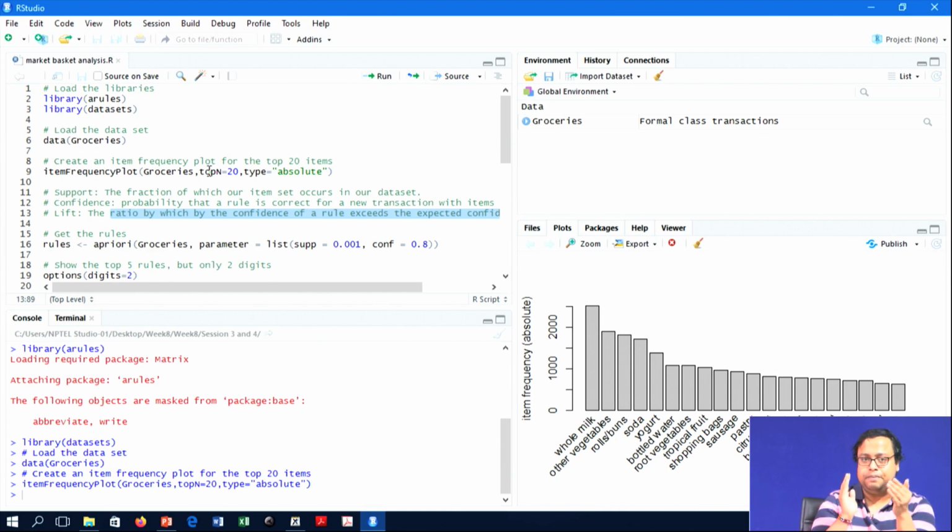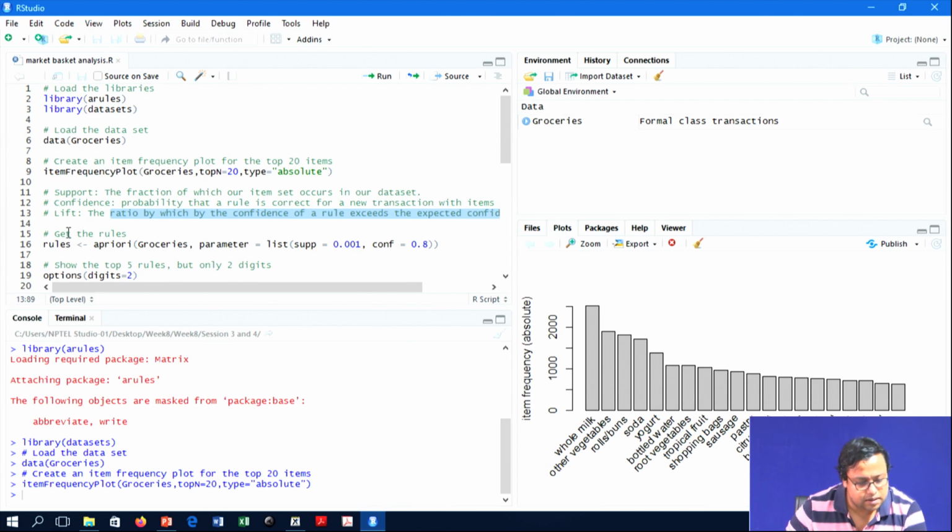It has to be supported, meaning the rule is not a blip or a statistical error, and that there is enough support for the rule. You have to have confidence in the rule, and the rule has to be useful. Those are the three things based on which we judge which rule we will act on and which rule we will discard.